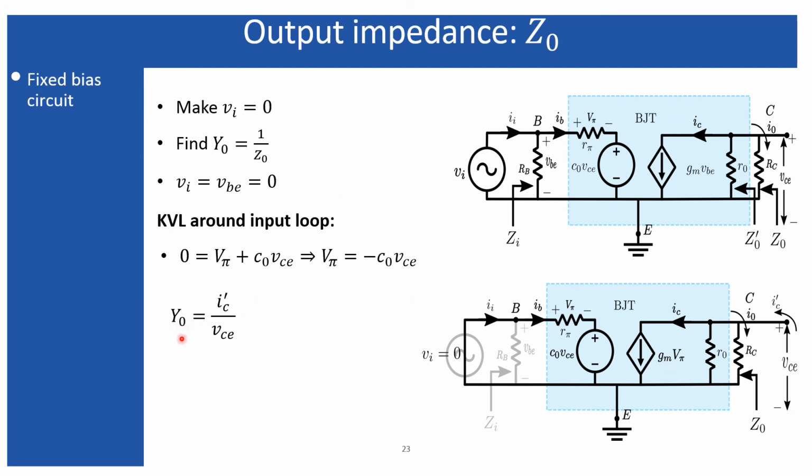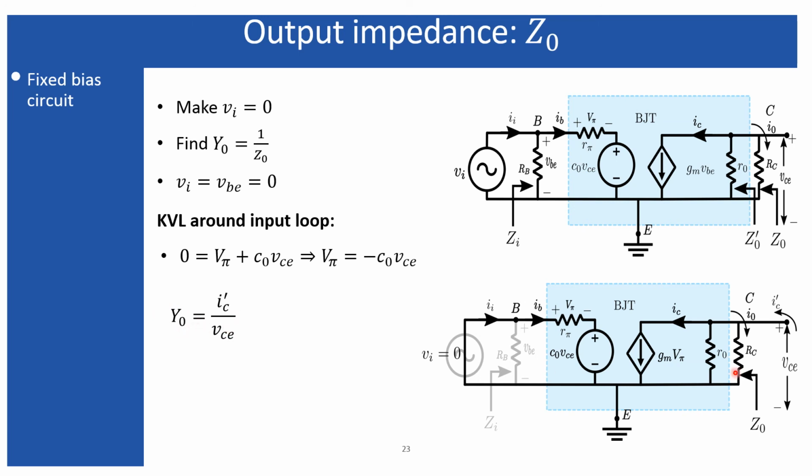And this is the output admittance. As I told, I can easily consider this output admittance. You can consider it as the inverse of this impedance, the output impedance. So the steps to find this output admittance, in order to find this impedance, are much easier than finding the output impedance directly. Therefore, I have considered this output admittance first.